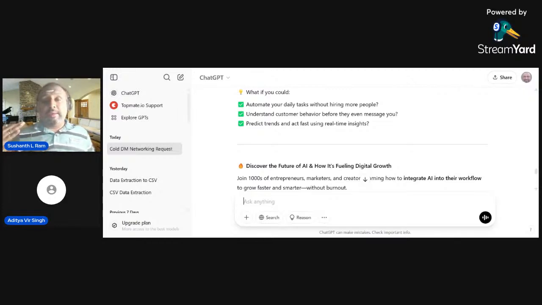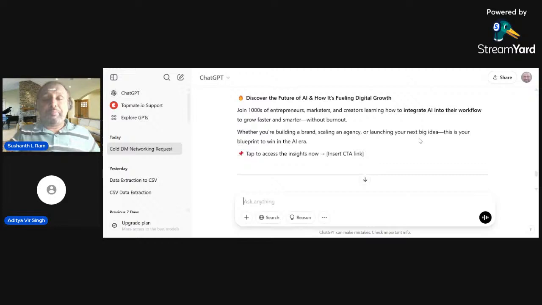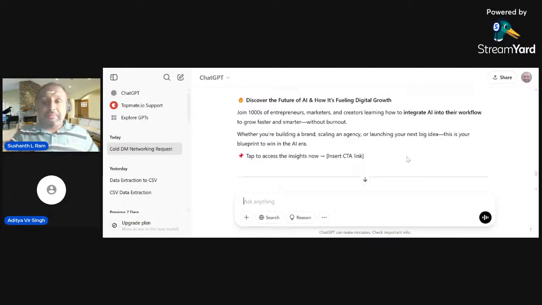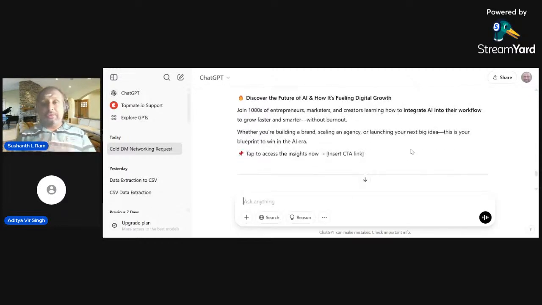able to serve more clients rather than taking hours together to serve two clients. You can now serve probably 10-15 clients, which will multiply your growth, multiply your revenues. Okay, so this is how you can make an ad copy. So we have got an ad copy, we've got a post, we've got a blog, we've got a DM. Now what?